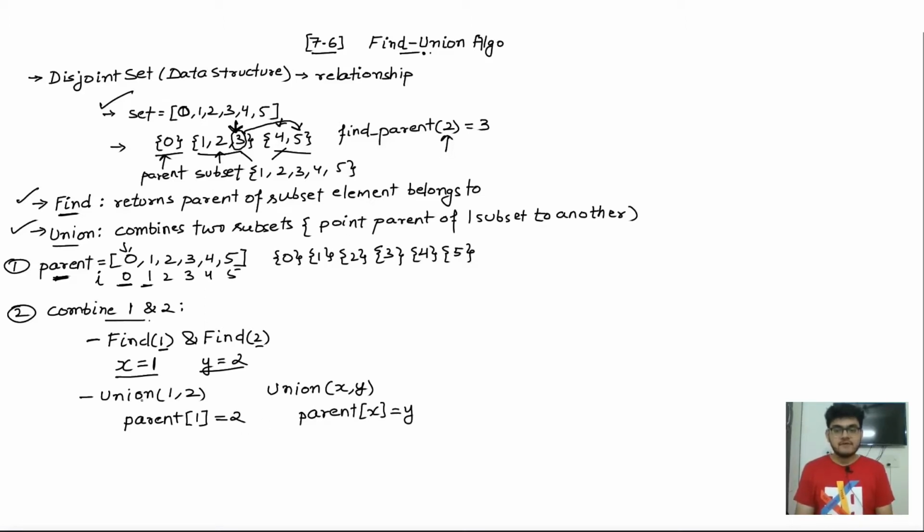So once we perform union 1 2, which is to actually write the parent 1 equals to 2, let's see what our parent array is going to look like, right? So 0 will remain the same. Parent, the first position is going to be equal to 2, so instead of 1 I am going to write here 2. Then 2 will remain same, then we have 3, then we have 4, then we have 5, right? So we have obtained this array here.